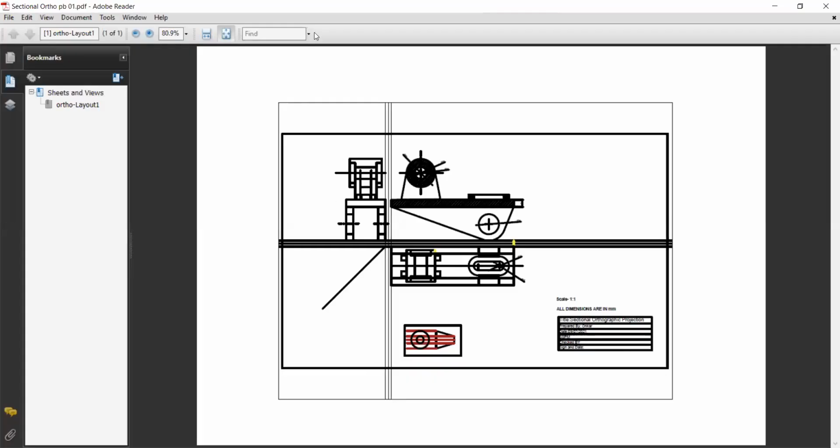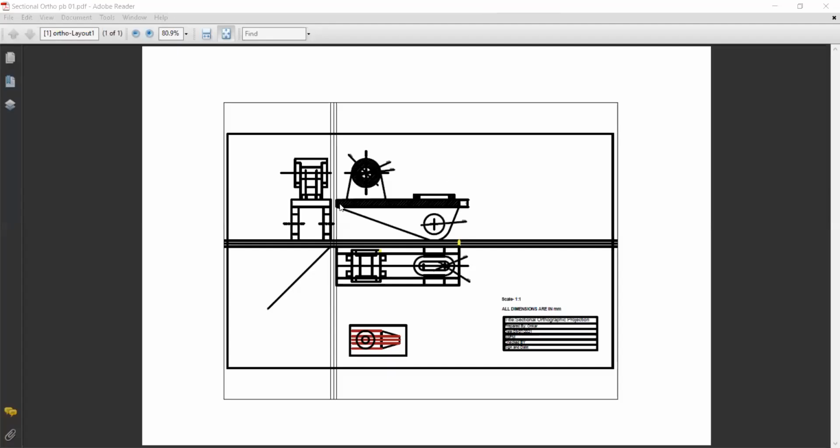So is it visible? I have shared the PDF document that we have just saved. So in the PDF document, the lines are extremely thick.